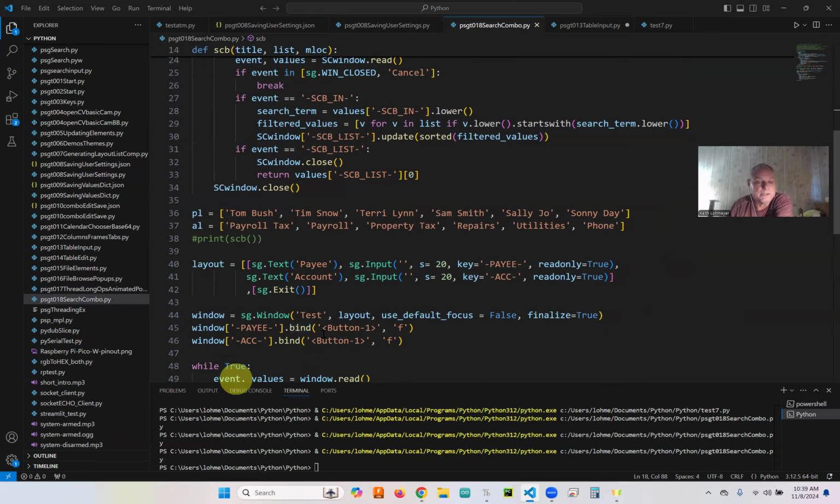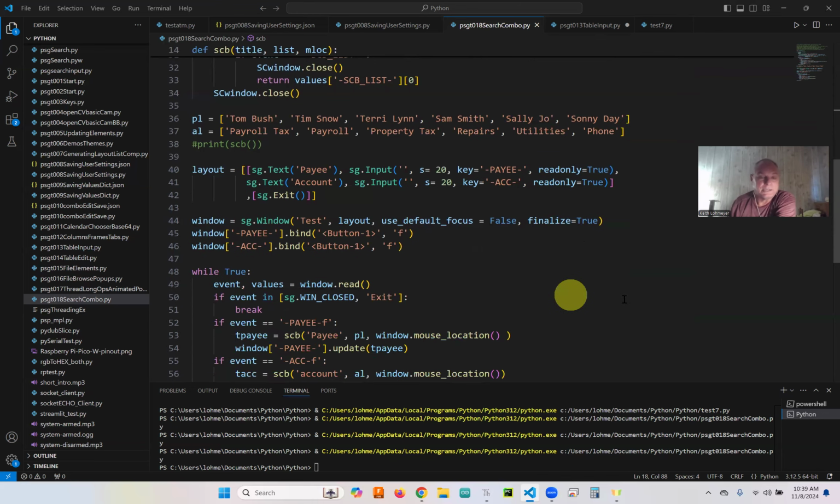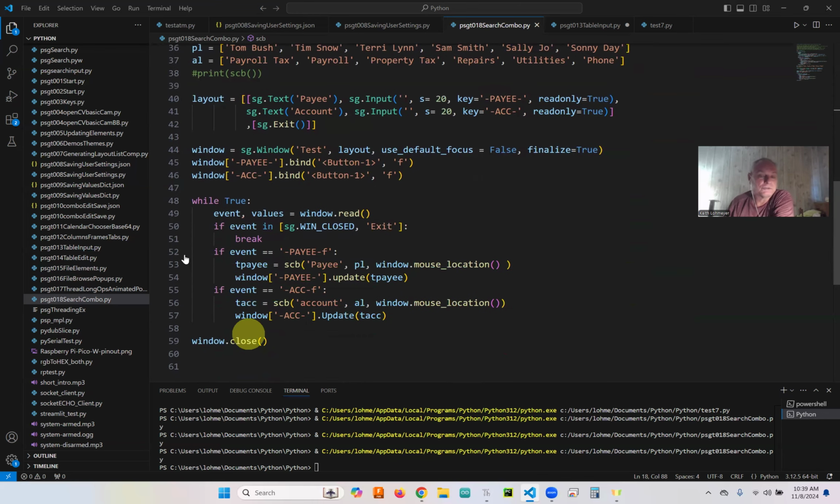And this is where we're binding the left click button so that we get events when the left click happens over the payee or account input boxes. So that happens there. Now we go to our while true. Again, we're looking for window closed and exit, and we'll break out and close the program when we do that. The only two events that we're actually looking for are these clicks, because we're not actually entering